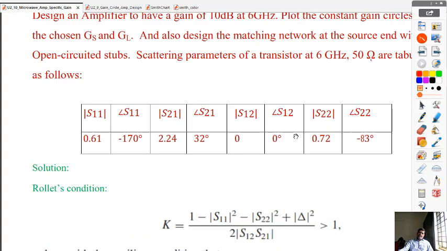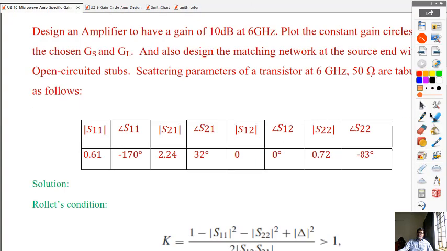But the specification is that we have to design an amplifier which has the gain of 10 dB only. But this amplifier system can offer up to 12 dB of gain. We have 2 dB gain in excess. So we have to reduce 2 dB of gain from the maximum 12 dB of the gain, and we want to make it 10 dB.